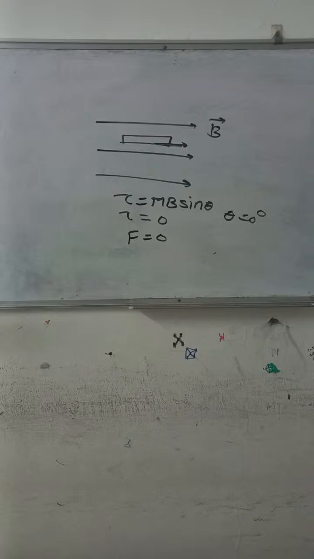Okay, so one more question. This is a very important question, and maybe this question comes for 3 marks. Okay, write down. Two identical circular loops P and Q, each of radius R, and carrying currents I and 2I respectively,